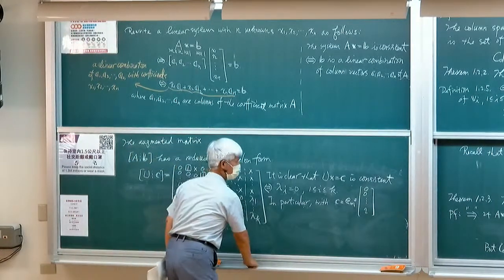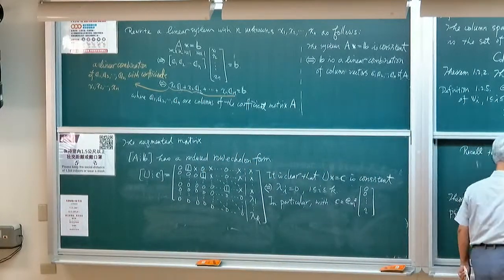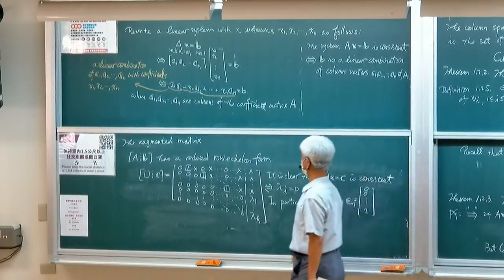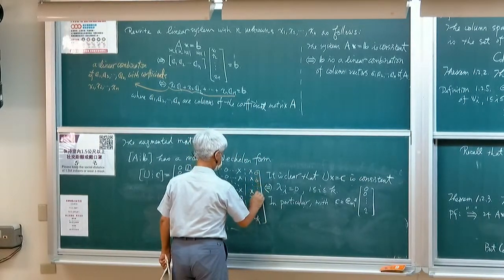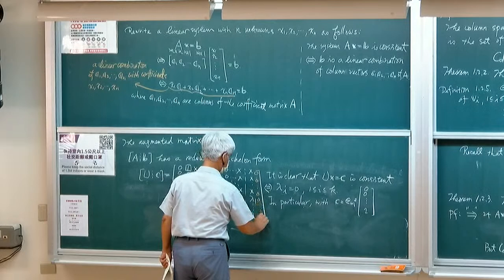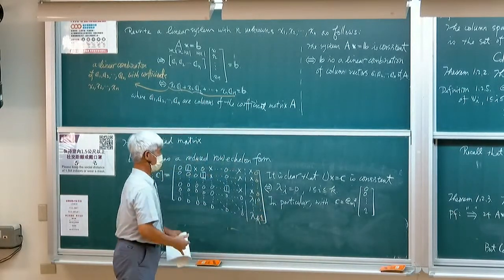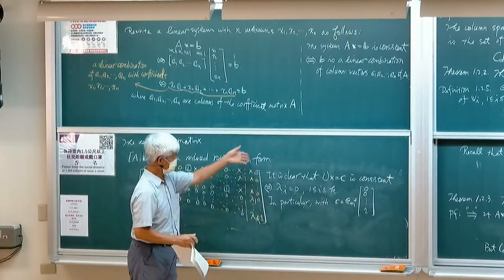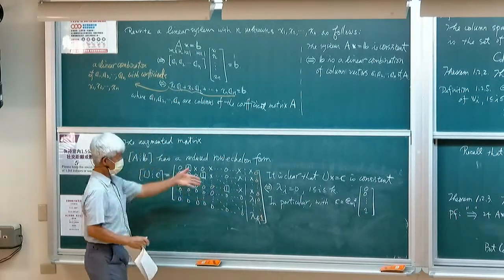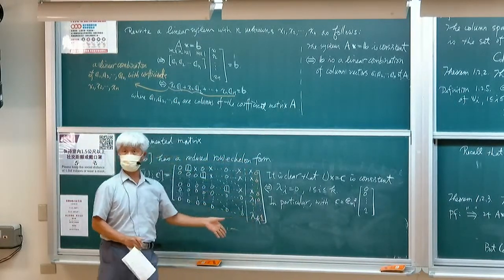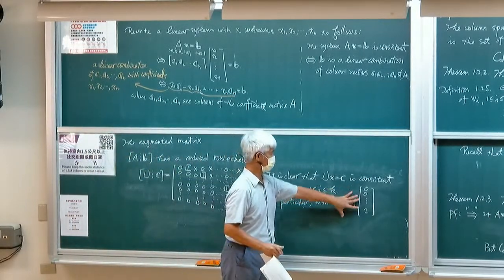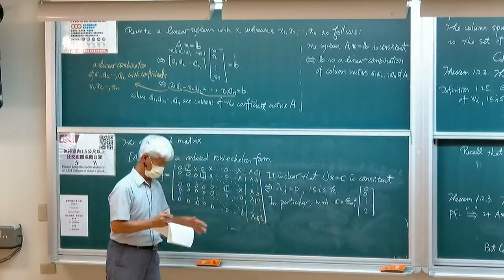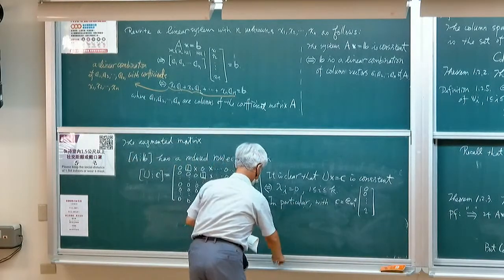That means this is 0, 0, 1. So if the C corresponding to the last column of the augmented matrix is equal to E sub m, just in particular, a particular case here,